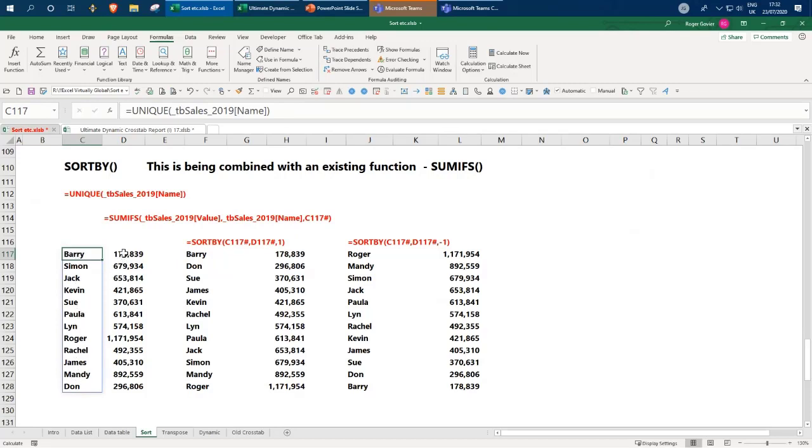So here we've got the total sales for Barry, the total sales for Simon, etc. So now, if I use sort by, I'm sorting these names by the values which are held in this column. So now we've got Barry coming first because he sold the least, and Roger coming last because he sold the most,